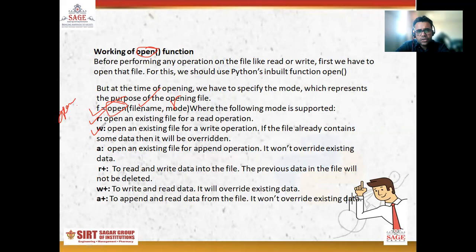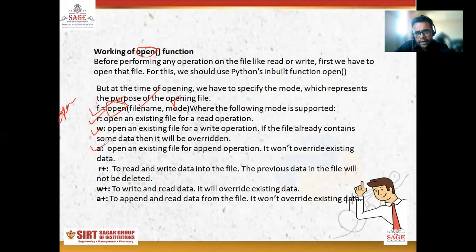W is open an existing file for a write operation. If the file already contains some data, it will be overridden. So first we will open an existing file like vijay.txt for a write operation. For suppose we have a file vijay.txt where we have written a document like Vijay lives in Bhopal, and if we want to overwrite the data with Vijay lives in Bangalore, we can overwrite the data, right? Now